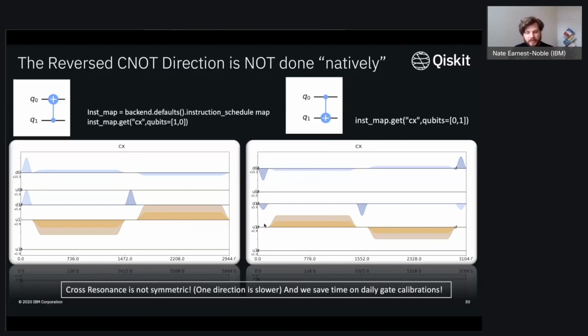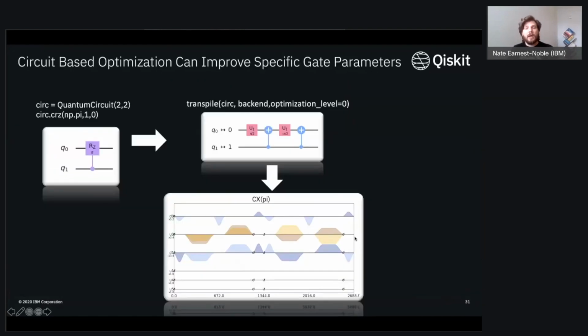Now, I've discussed some underlying details of how this pulse perspective can help you understand what's actually going on when you do things at the circuit level. One thing I now want to bring up is this specific gate, a controlled RZ. When you take this gate and map it to a backend, using the native gate set that generally exists, namely these C0s with the various qubit gates, it'll get mapped to something like this, where you have two C0s built from those cross-resonance interactions, as well as some U1 gates or RZ rotations.